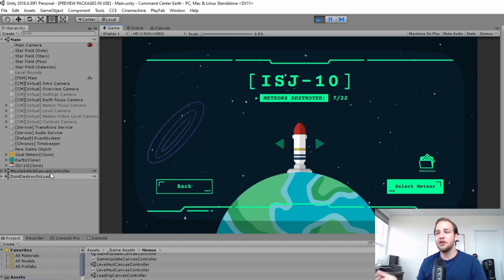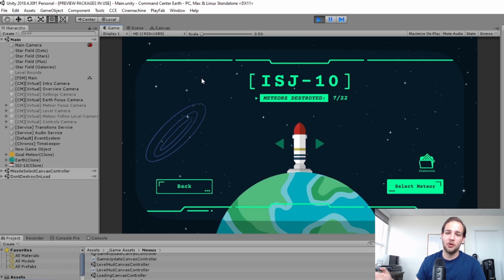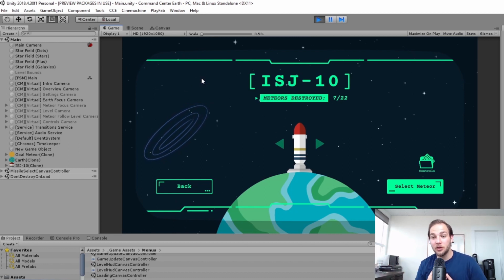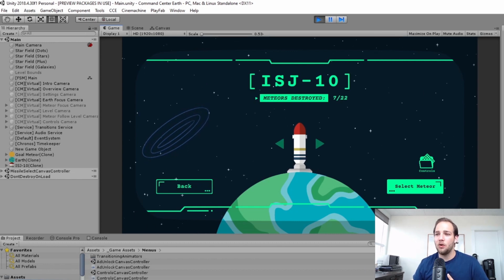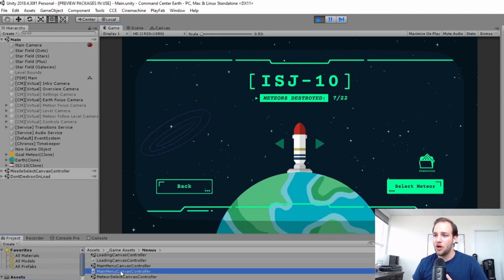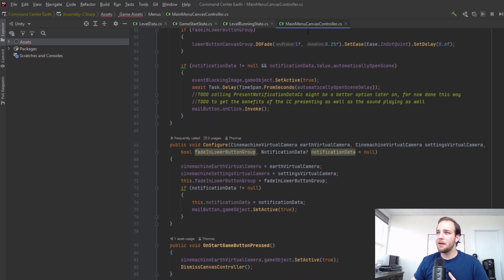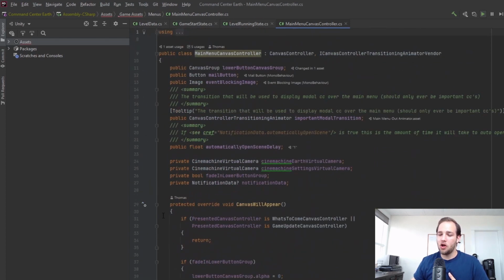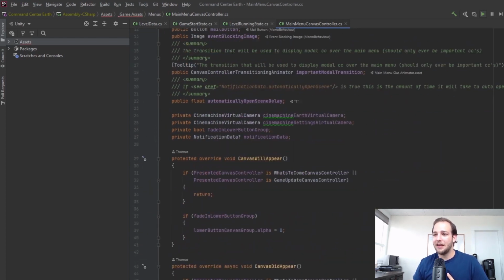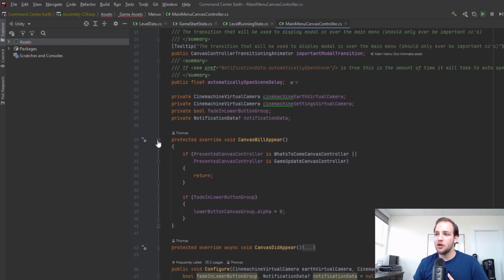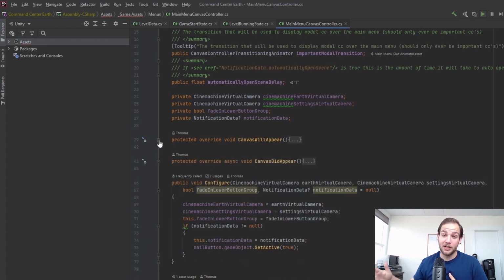Actually, there's a whole other facet to Canvas Flow, which allows you to create your menus using a node editor, sort of like the node canvas asset that I showed you before. I don't utilize that. I just utilize the script version. Actually, real quick, I'm going to show you how the script looks for my main menu, just because you guys are probably curious about that as well. For my main menu, it has these nice little callbacks, which are, for example, canvas did appear, canvas will appear, canvas will disappear and canvas did disappear, which allow you to do some nice initialization